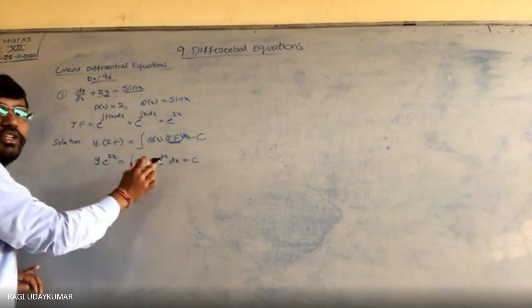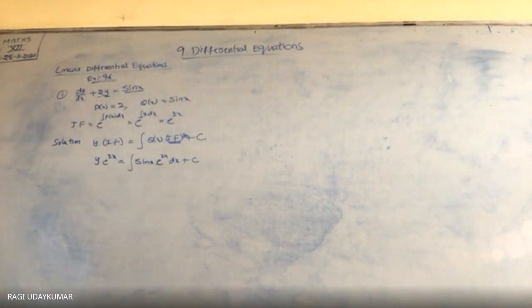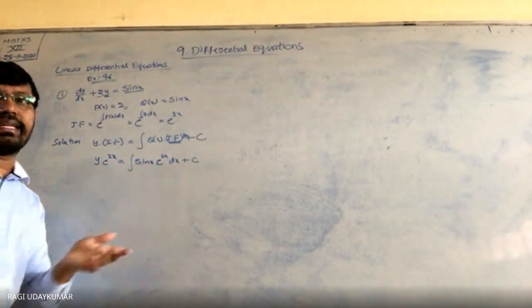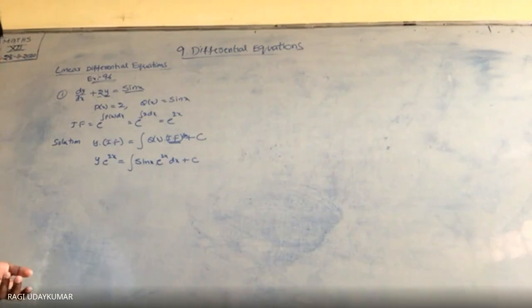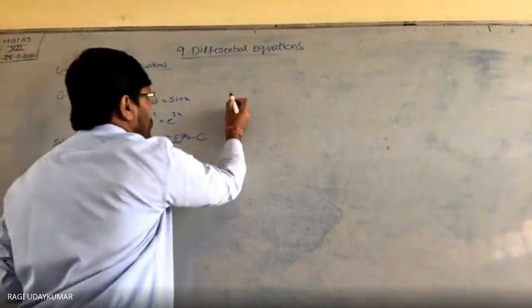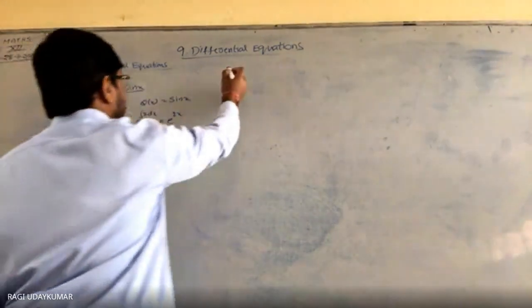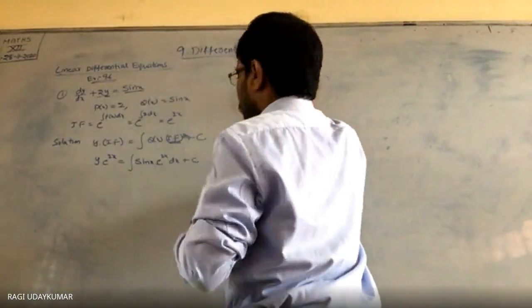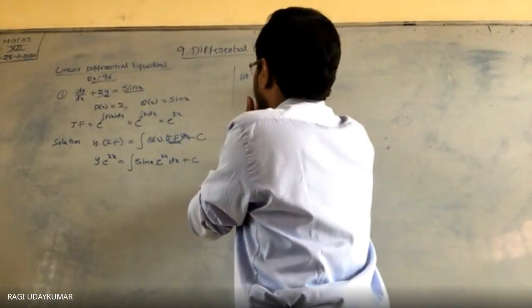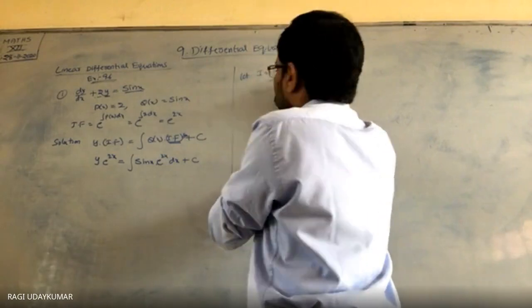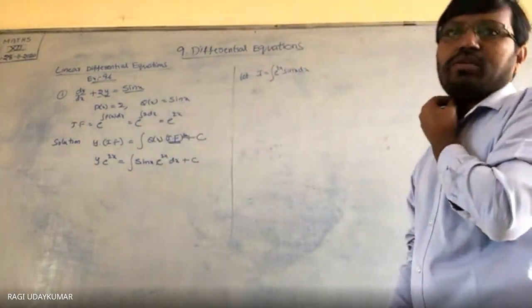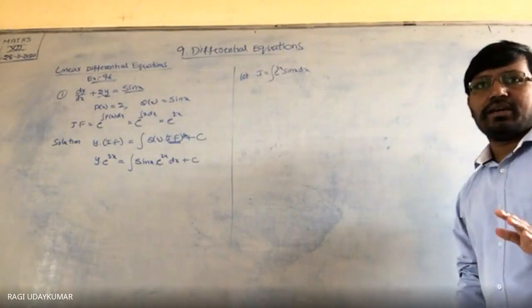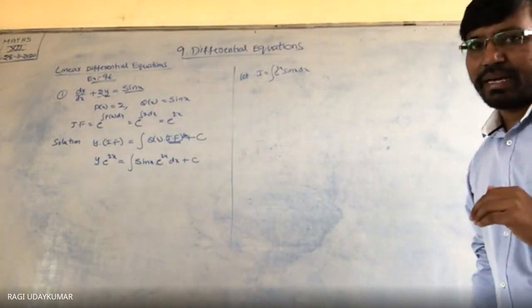Now this integration you need to find out. Integration of e power 2x into sin x. What method you need to apply? By parts. By parts apply करना है. So this already I told you one formula is there, or you can find out also. ये separately find out कर लो इसको. Let I is equals to integration of e power 2x into sin x dx. इसको इधर ही करके जाता तो प्रॉब्लम लेंथ हो जाएगा. I कंसीडर कर लो. इंटीग्रेशन बाय पार्ट्स अप्लाई करना है.